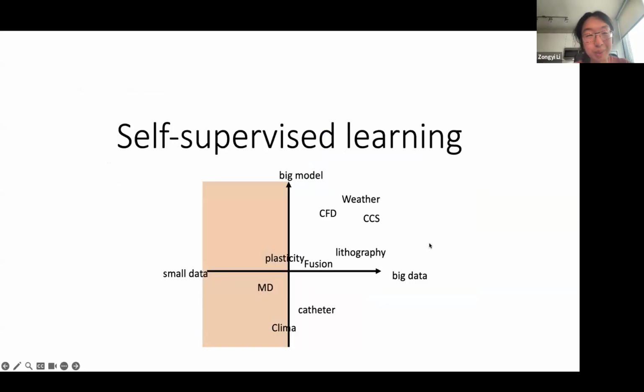But we know that data are expensive. We don't really have a lot of data in the limited data regime. The overall idea is that we can do some self-supervised scheme to augment the learning, where we borrow information from physics or other physical properties.